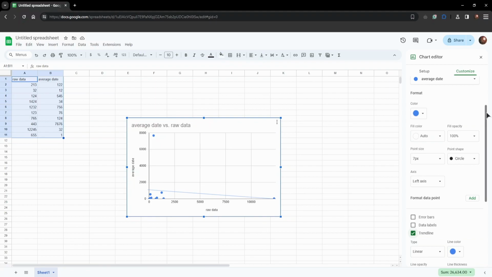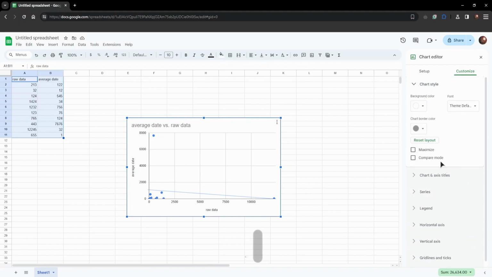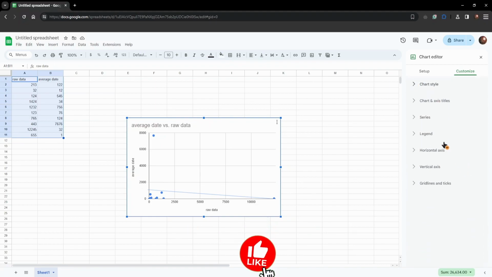Also, if you're looking to customize anything in here, feel free to press on this right arrow and select anything you want. You can customize your chart in any way you want, but in general this is how you make